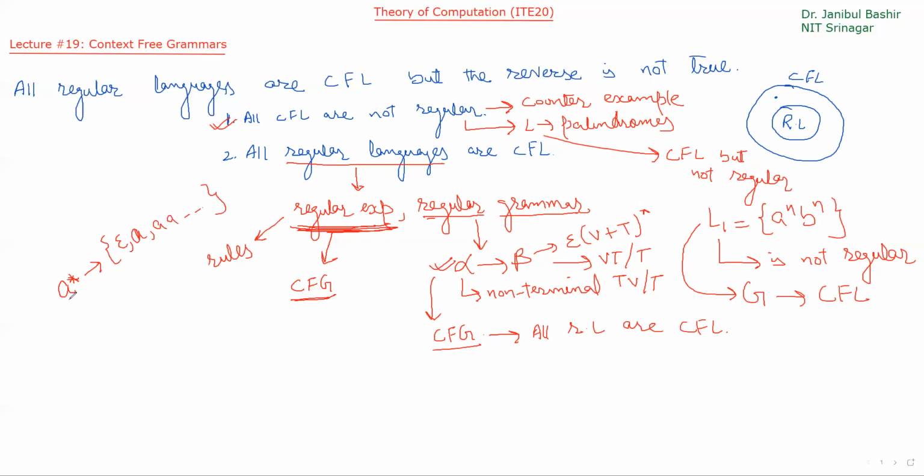Okay. Now from this a star, I know I need a rule that will generate zero or more a's. And we know that we can generate more a's by using this production: A gives small a and A. So this A is generating one a and is repeating itself. Repeating itself means that it can generate more a's. And I can write another production, A gives epsilon. So using these productions, I can generate a star.